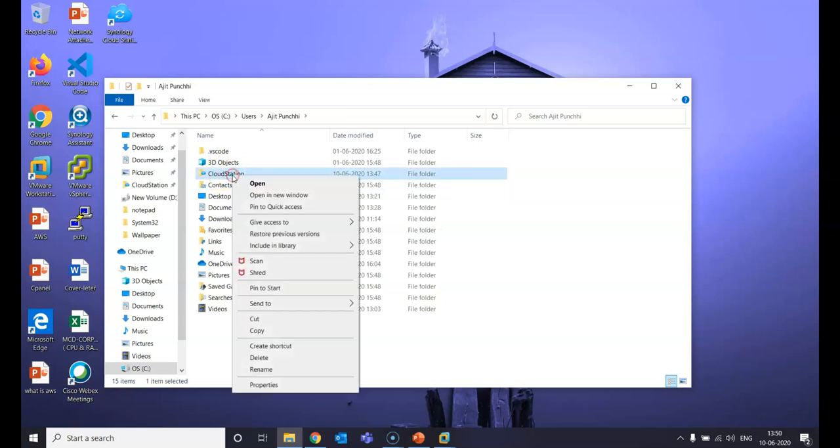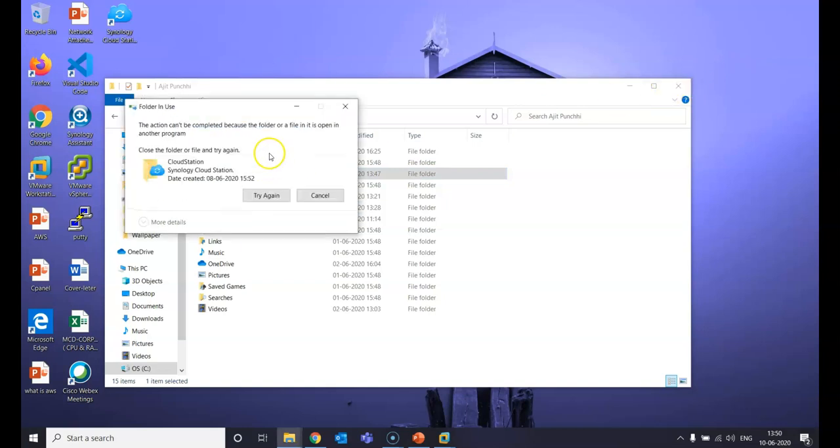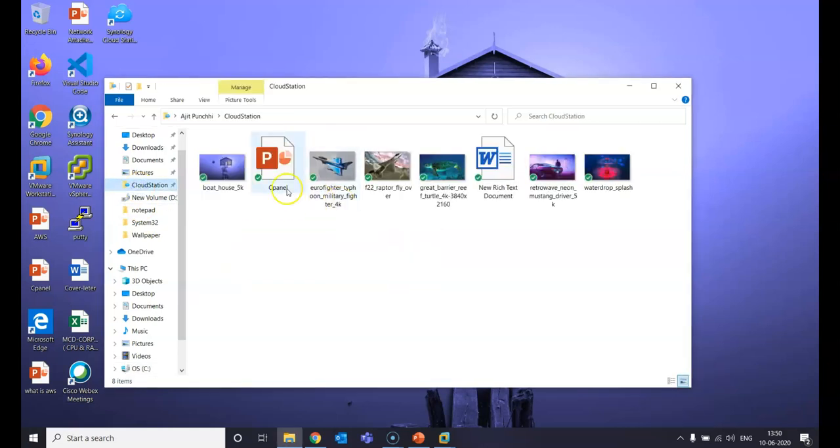You can right click on that and pin to Quick Access, or you can drag it to your desktop, which is already open. You can see Cloud Station is already synced with your Quick Access. Click on that and you can see all the files which we have downloaded from, or put on, the Synology NAS box.